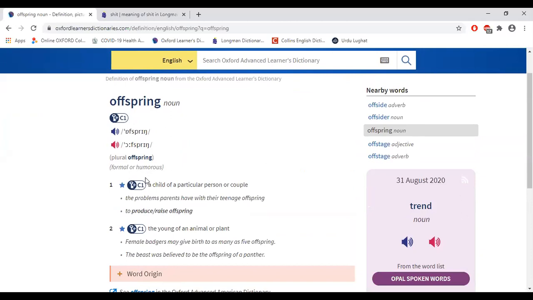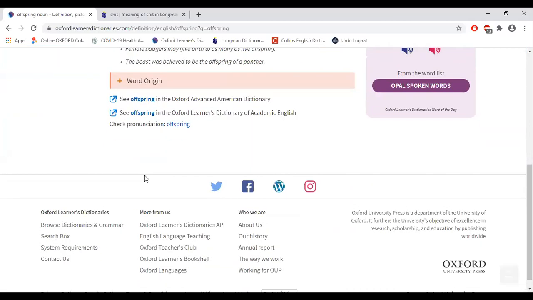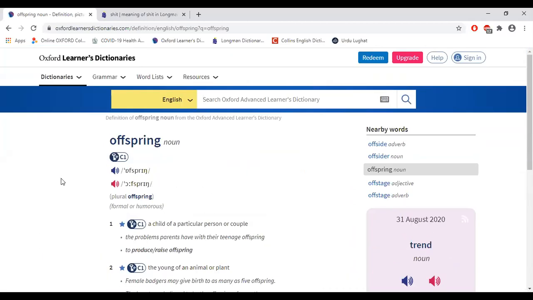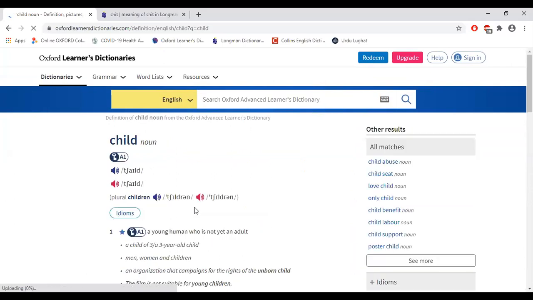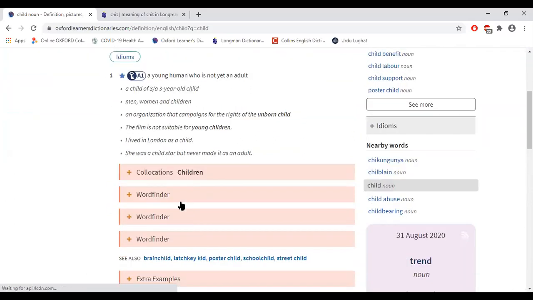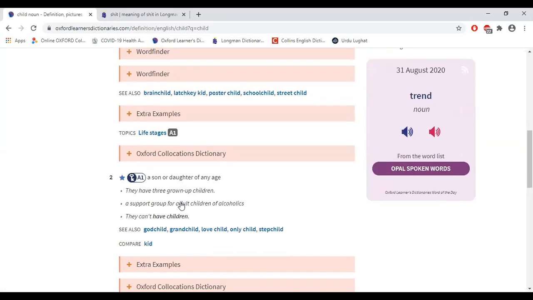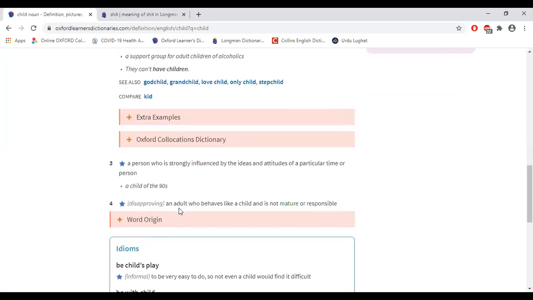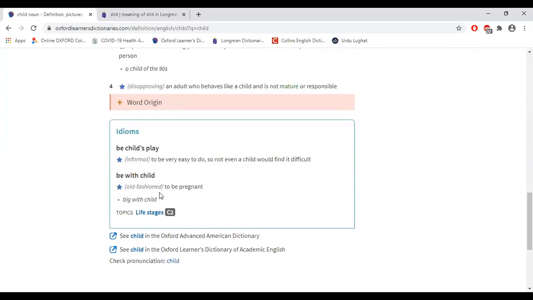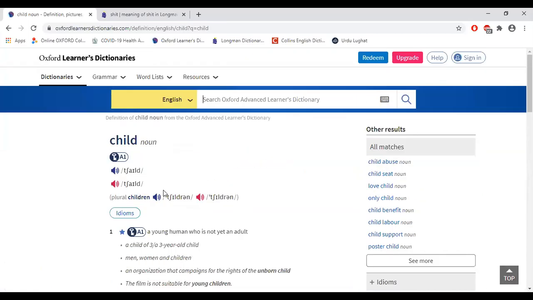फॉर्मल और ह्यूमरस शो कर रहा है कि ये फॉर्मल कॉन्टेक्स्ट में इस्तेमाल किया जाता है, और ह्यूमरस और फॉर्मल जो है वी यूज़ इन लिटरेचर। इसी तरह से हमारे पास वर्ड है, फॉर एग्जांपल, देयर इज अ वर्ड चाइल्ड। चाइल्ड को ले लेते हैं। चाइल्ड के हवाले से क्या आपके पास रजिस्टर्ड आ रहा है? सो यू कैन सी हियर, चाइल्ड के हवाले से ये हमें इतना खास नहीं बता रहा, नॉर्मल बता रहा है, बट चाइल्ड इज अ न्यूट्रल वर्ड।